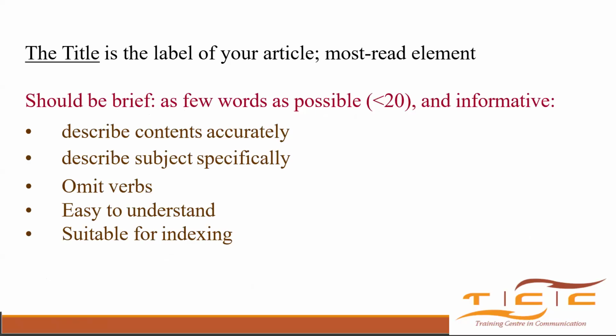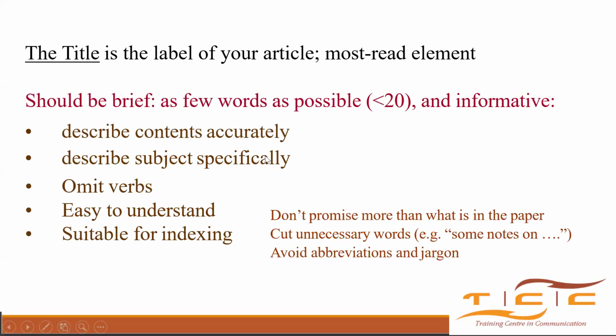Most of the time these days, I have seen in these scientific circles that we are told to omit verbs in the titles of our papers. They are now telling you that if you want to use verbs like investigating, convert them into a noun and say investigation of. The reason is not always very clear to me, but I've seen it being fronted quite a bit: in the title, try to avoid verbs and convert them into nouns if you have to use them. It should be easy to understand, and it should also be suitable for indexing.